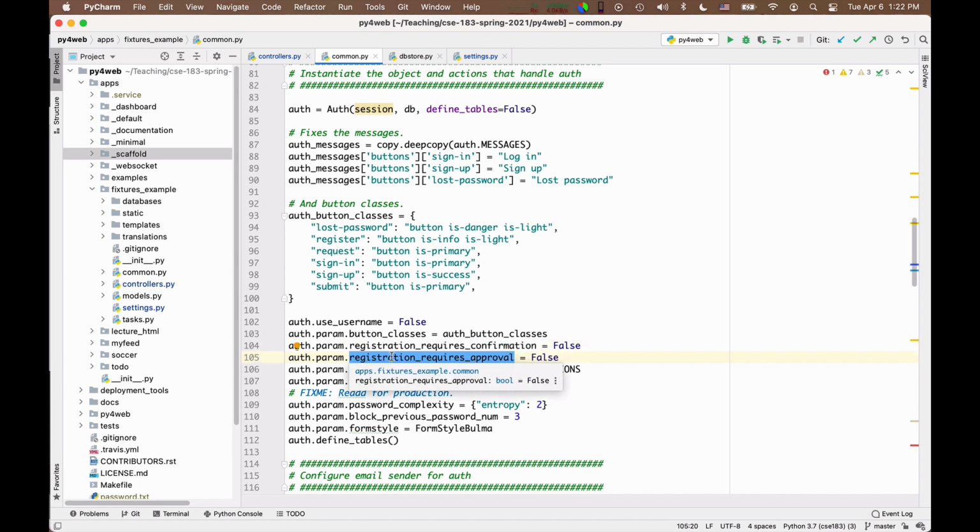If you set this to true, then you will have to manually go in. You will probably have to write a method for a web page in which the admin can go in and approve every new member. So if you want to have that option, you turn this to true instead of false. There is a login expiration time, which is 1 hour.